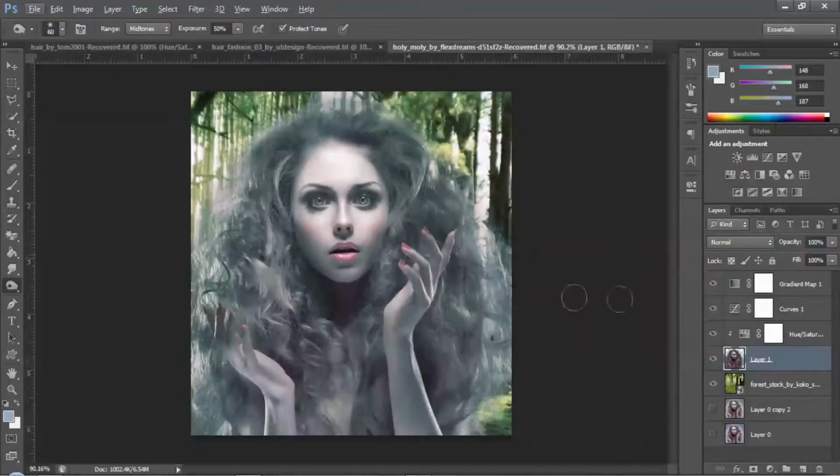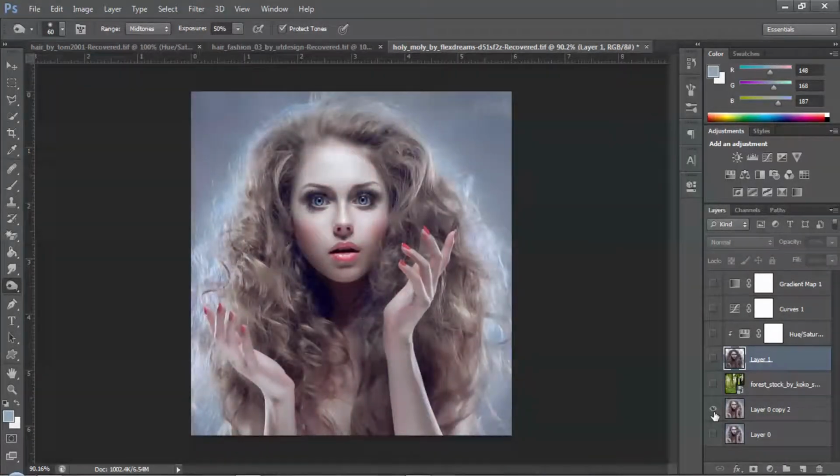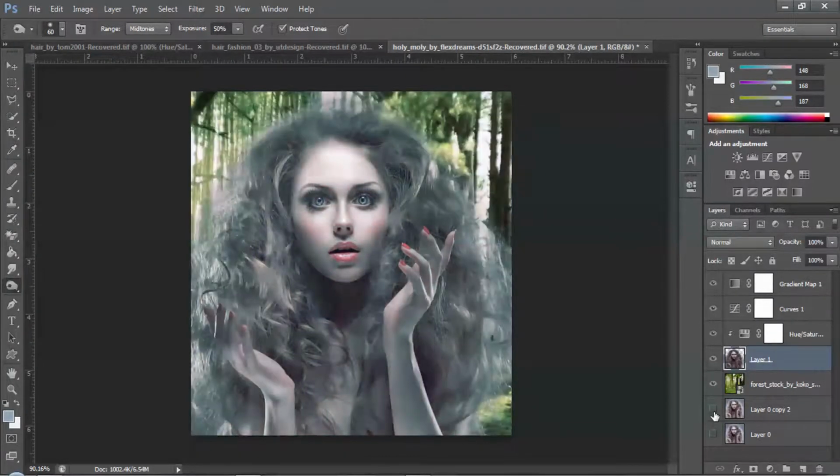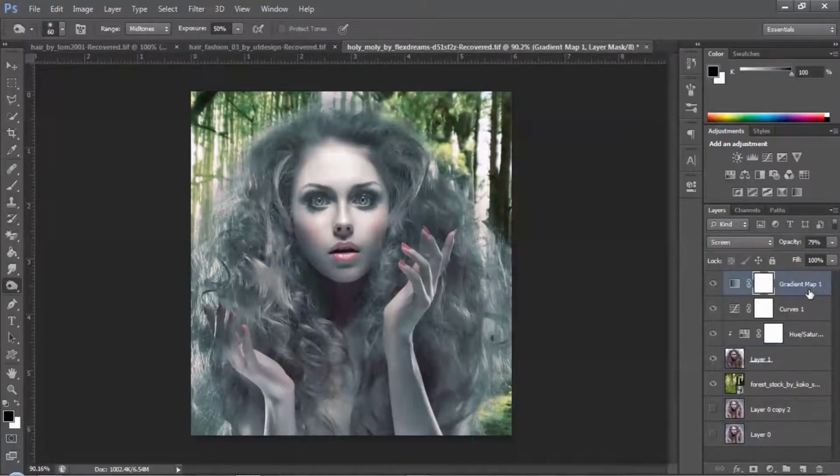So it's a very simple way. I'm not showing how to set a background. I just show you how to take off a weird hair look like this one. It's very tricky to do. So this is the advanced hair selection tutorial. You can change the color if you don't like this color.